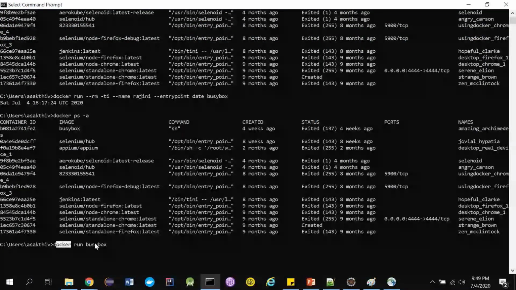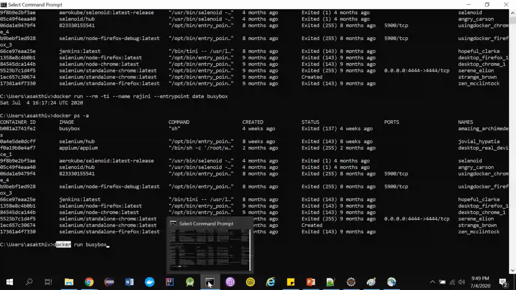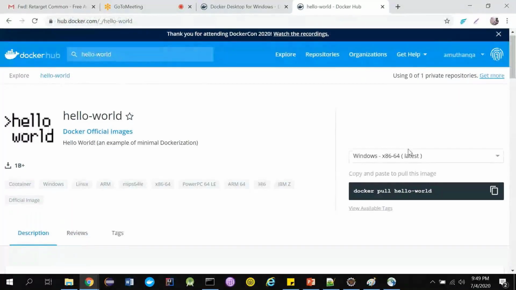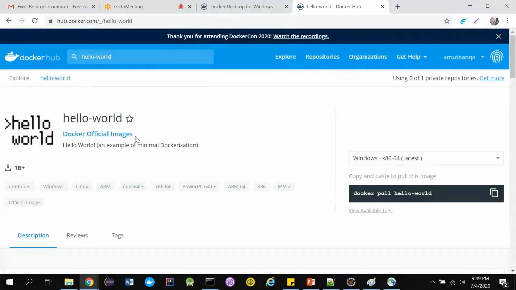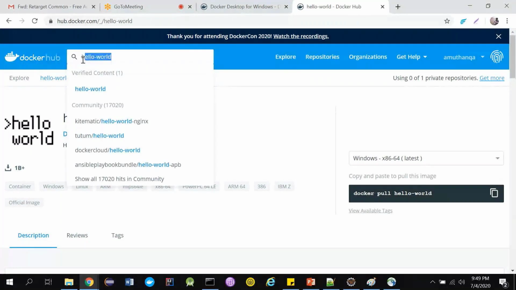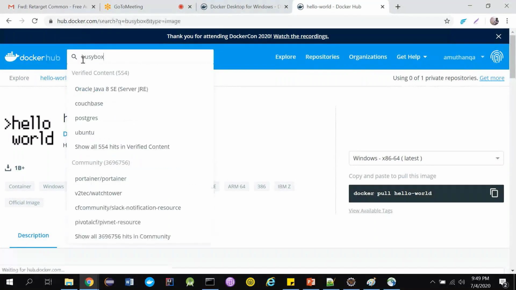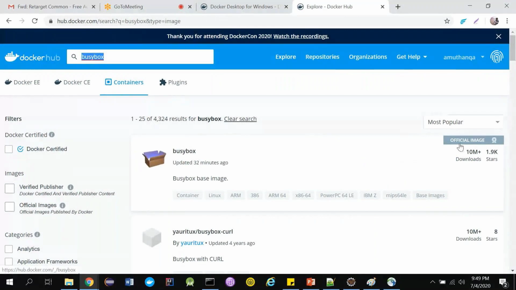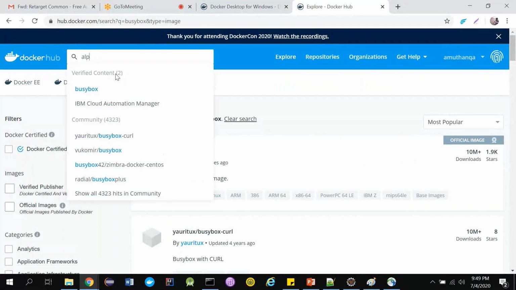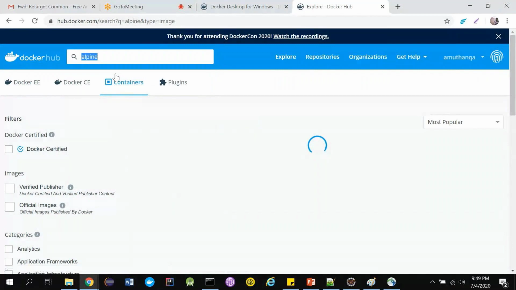It's optional. If you are not giving anything, it means it's a docker official image. If you go here, hello world is a part of docker official images. Even for busybox, you can type just busybox, it's an official image, guys. And alpine, yeah, it's an official image.